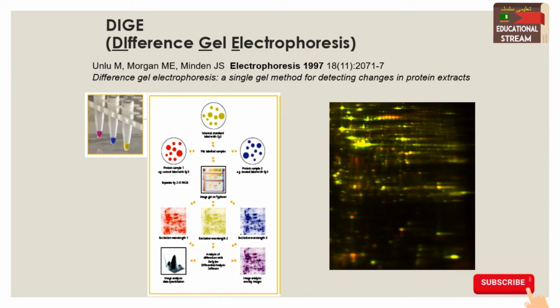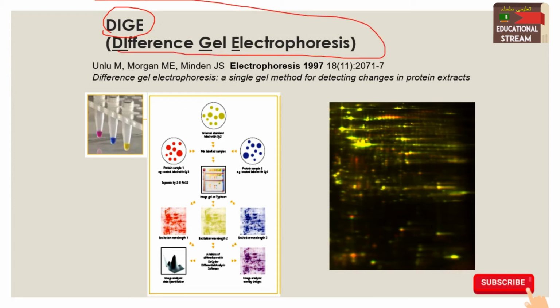These methods in which we are using the stable isotopes are good ones that we have discussed previously, but another kind of dyes or labeling we can also use. When we are doing a relative quantitation in comparison to one another, then we use another technique which is known as the DIGE. DIGE stands for difference gel electrophoresis.